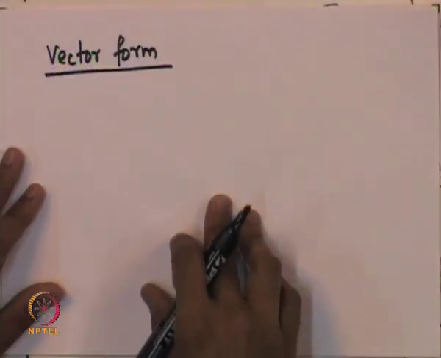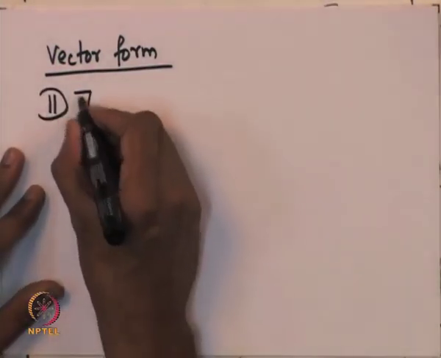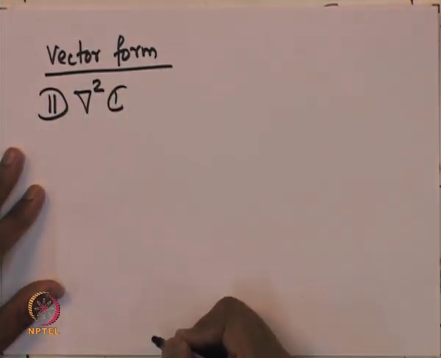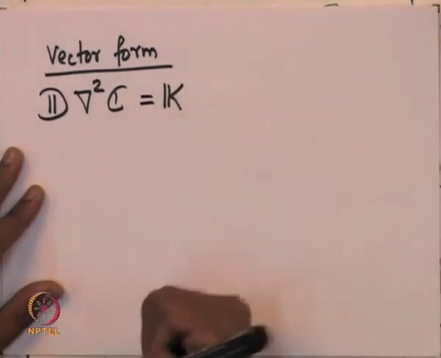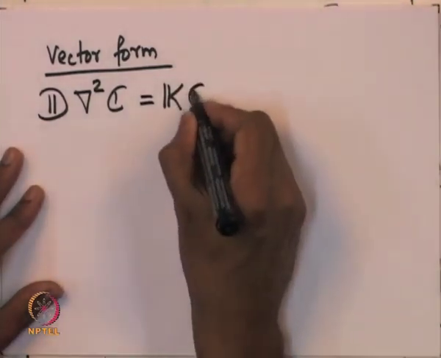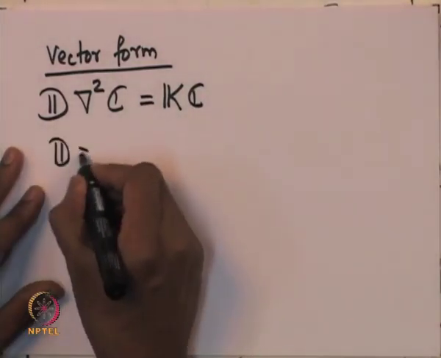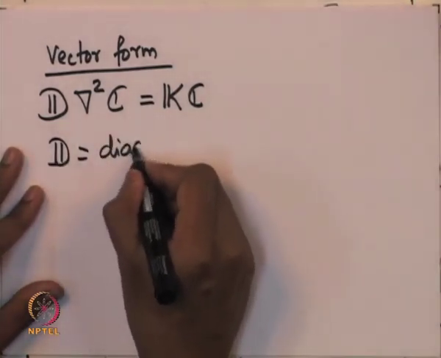Now, this mole balance is valid for each and every species I for all n species, and so one can write this in a vectorial form. In the vector form, this can be written as the diffusivity matrix D multiplied by the Laplacian of the concentration vector C, that should be equal to the rate constant matrix K multiplied by the concentration vector C. So, now the diffusivity matrix is essentially a diagonal matrix,